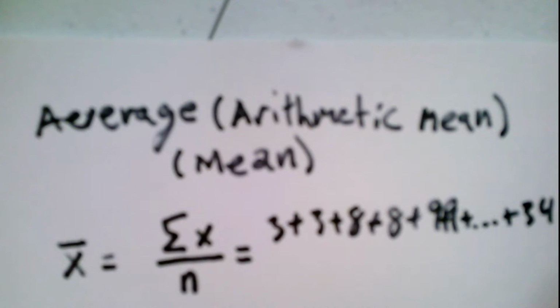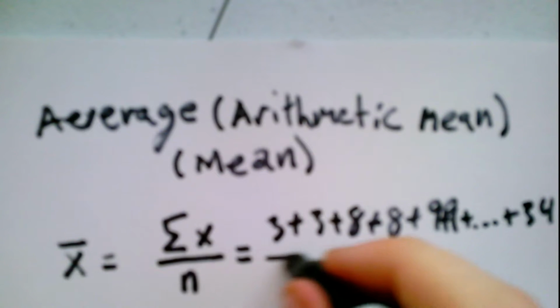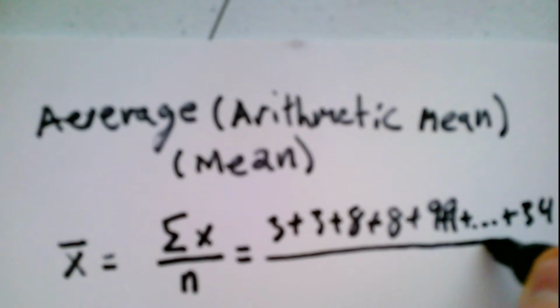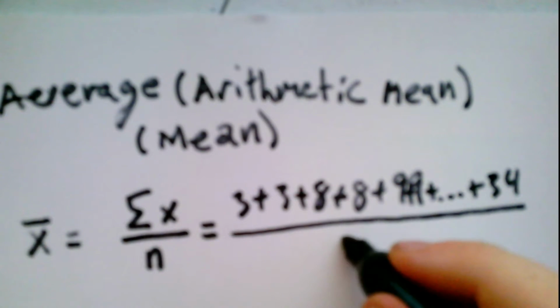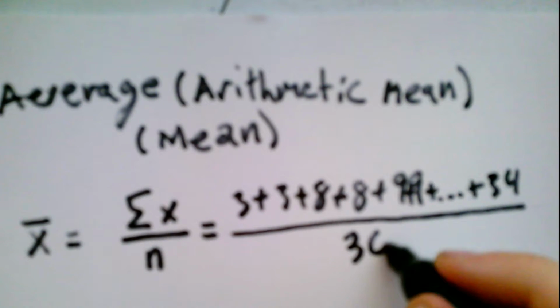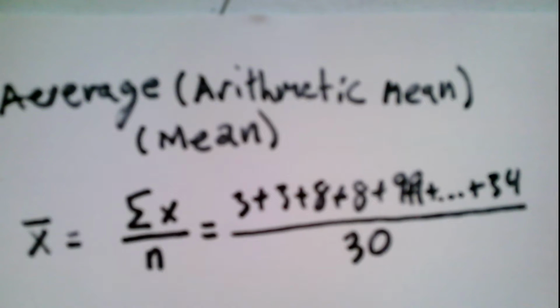Actually it doesn't matter in what order you add them, because addition is a commutative binary operation, meaning that you can swap the order of things and it doesn't change the value. And then we're going to divide by 30, which is the number of numbers in our distribution. So, in our sample set. So, with that, let us swap over to something that can handle way more calculations